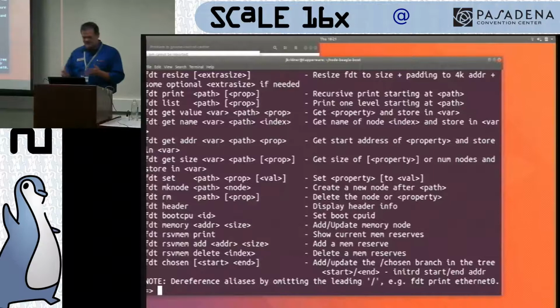Yes, all things that would be really nice to do without having to go get a serial adapter and